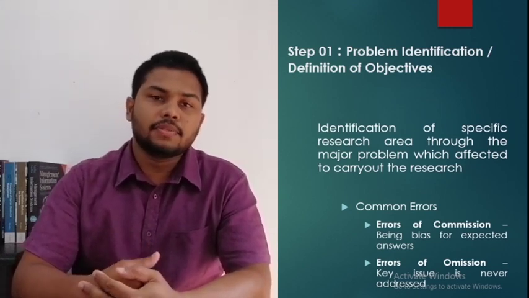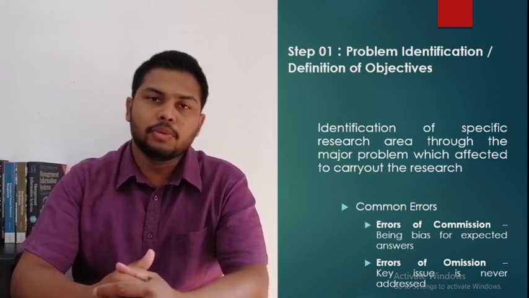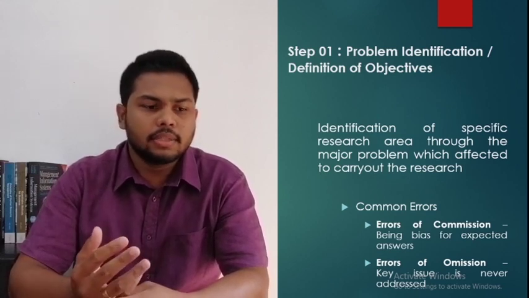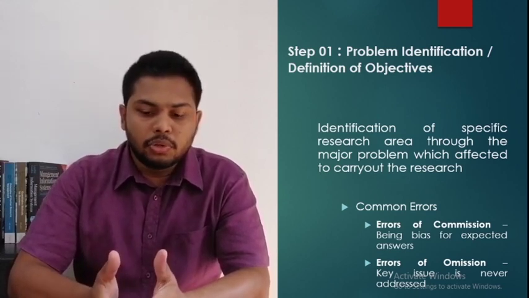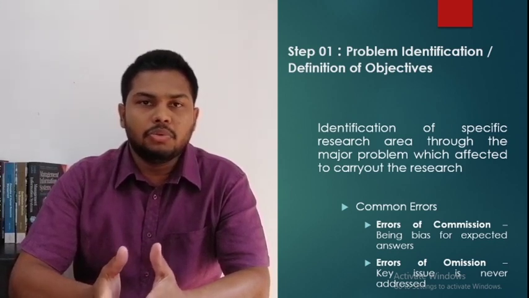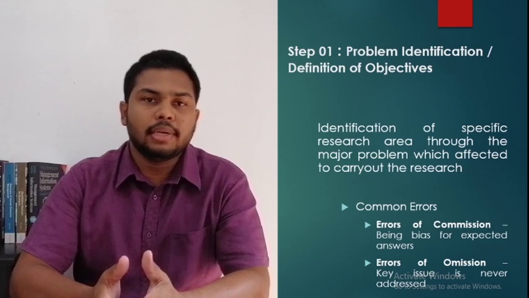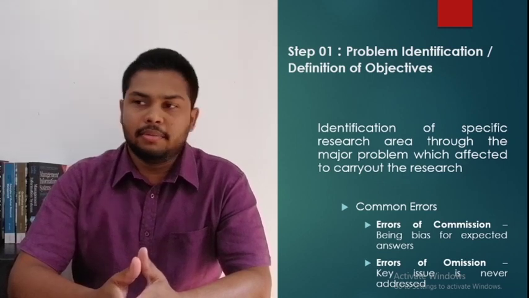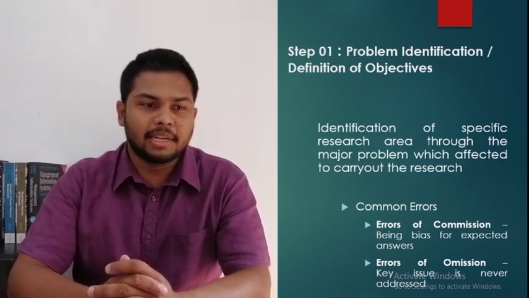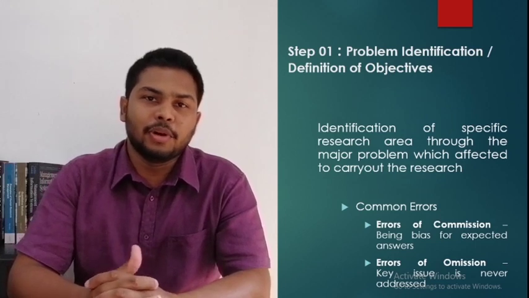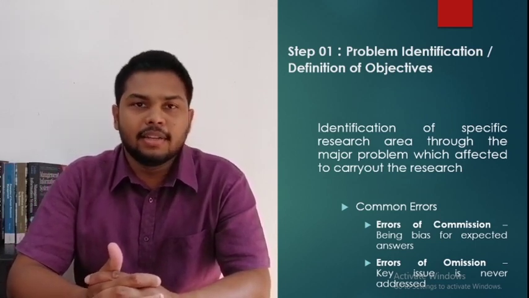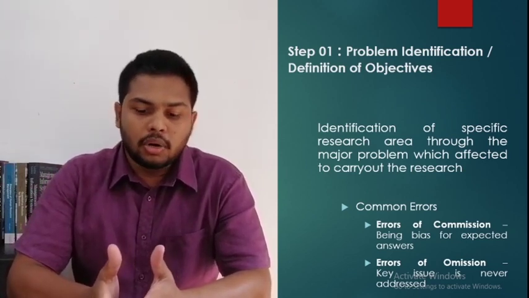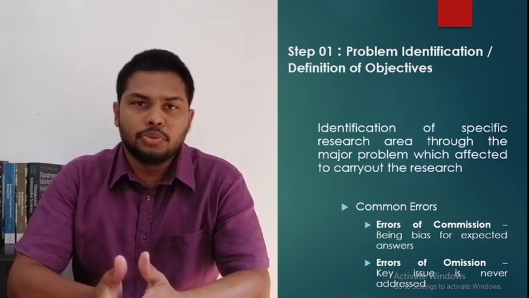And the second one is errors of omission. I've told you about errors of commission, and the second is errors of omission. What is this? Even though you are planning to do your research on the research problem, your major issue hasn't been addressed through that research. Sorry, these are circumstances that happen during online presentations and videos, so that's fine. So errors of omission: you are not going to discuss the key issue of your problem.